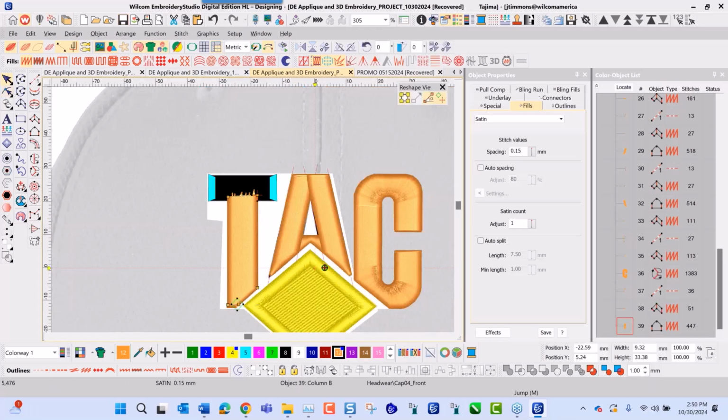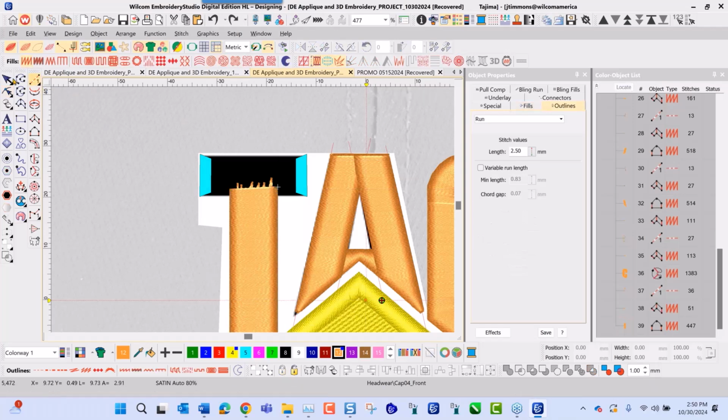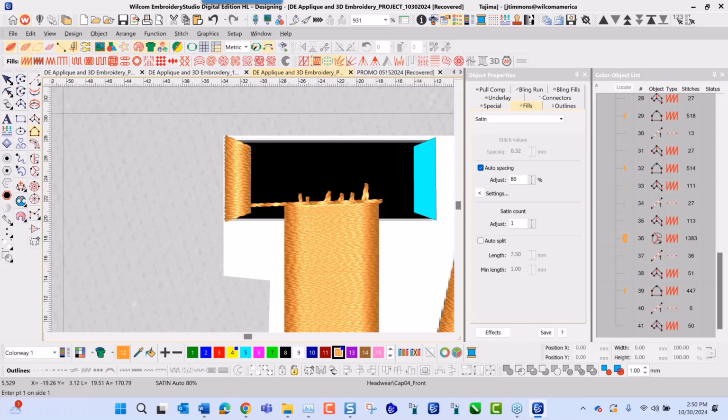Once I select this, I see where my exit point is here. I want to end over here, which means that I got to start digitizing over here also because I have to run. So I select my pick tool, and then I'm going to choose my running stitch. I'm going to run to this side first. Press enter, go in, just like this. These areas here,